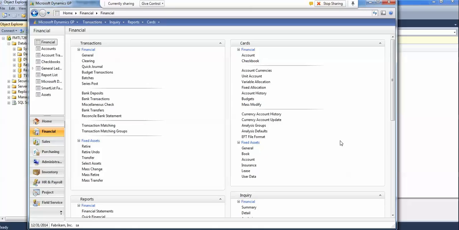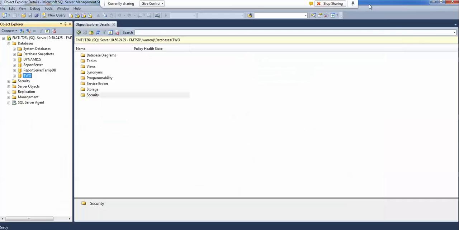I have seen a GL close that takes hours. I've seen inventory closes that take hours because of the cleanup and updating that's happening in the background when you actually close. There's not a formula that says if you have X thousand rows, it's going to take X minutes, but if you do have a very long